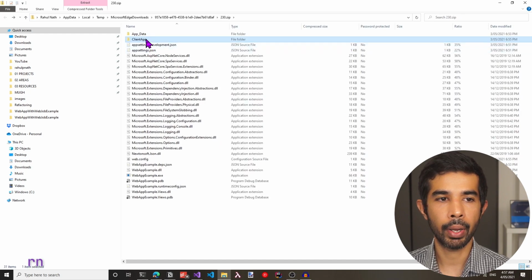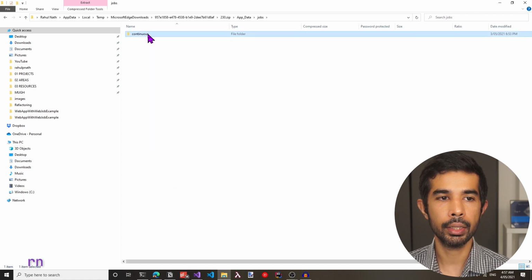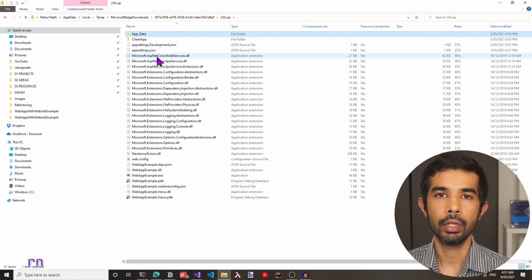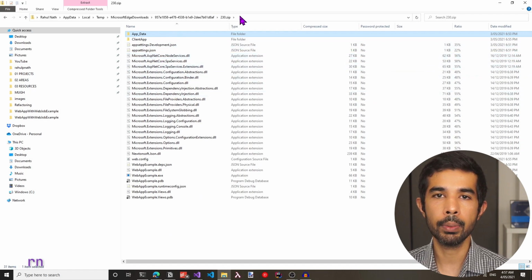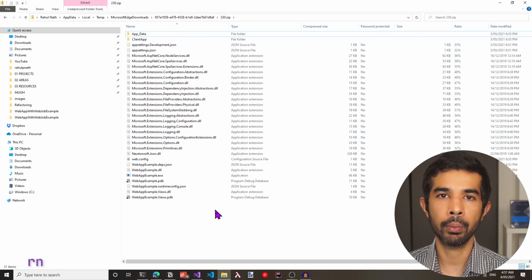Now if we navigate back, it also has the app data folder, which has the jobs. Under the continuous folder, we have the YouTube web job. The first time you're setting up a pipeline, it's always good to download the zip file and make sure it has the files appropriately. So since this all looks good, let's navigate back and create a release pipeline for this